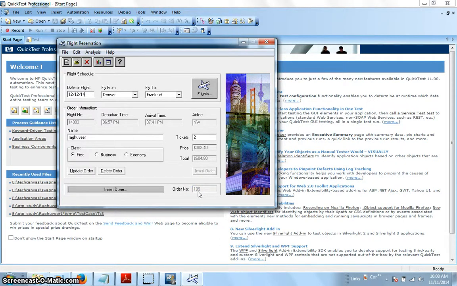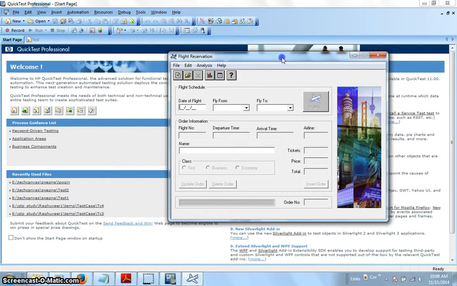So this is my overall manual activity: the login screen, and secondly the flight reservation screen, which is responsible for creating a new order number. I am just refreshing the screen, and I'm closing the screen.